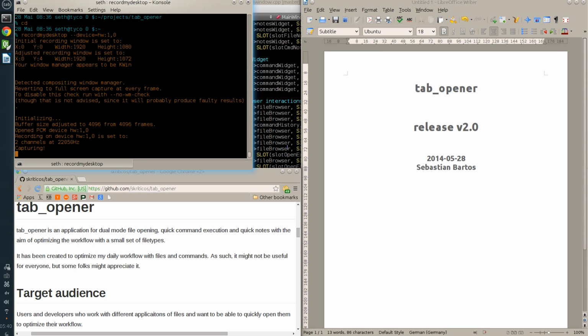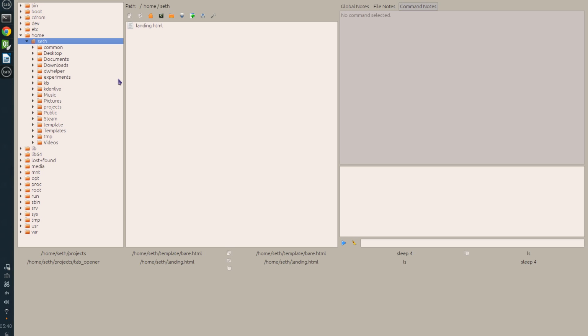In the last release video, a lot of people asked me what the specific purpose of Tab Opener is, and I want to spend a little more time on explaining the use case for this application. Tab Opener is an application which is trying to improve the workflow for people who are working with specific file types with different applications. So the first use case, or the use case that I have, is a developer who